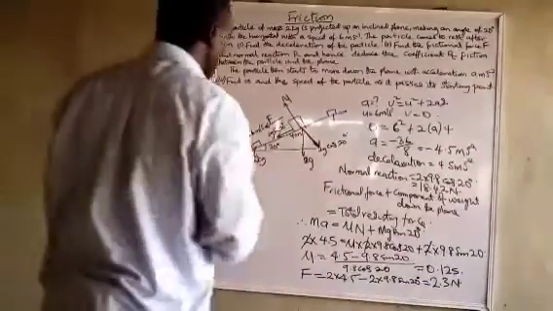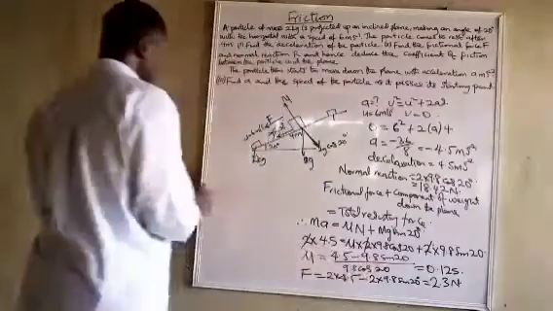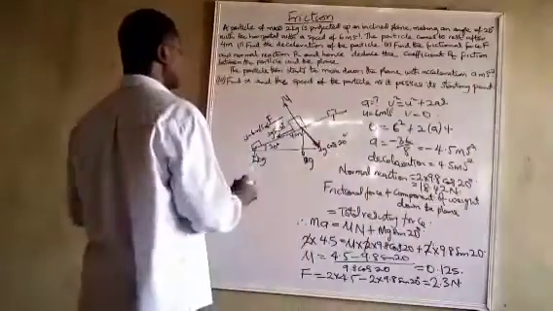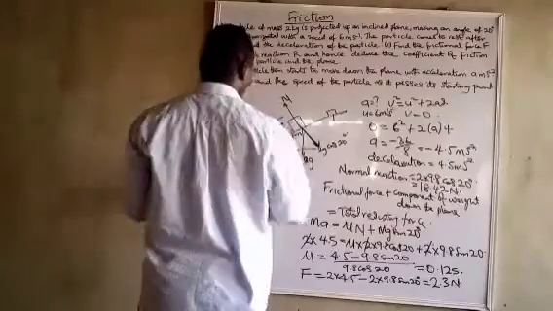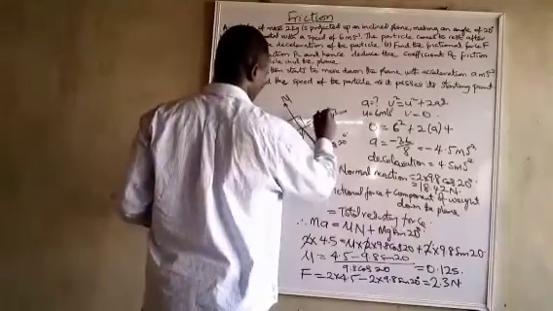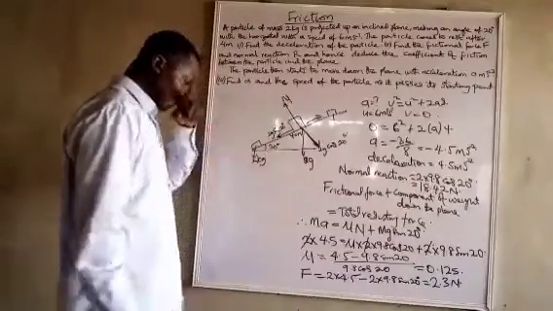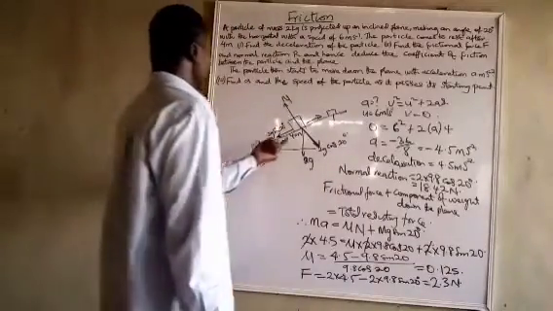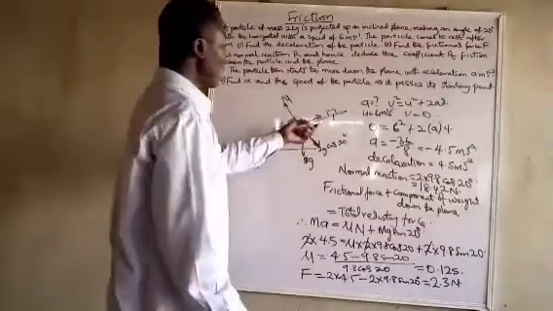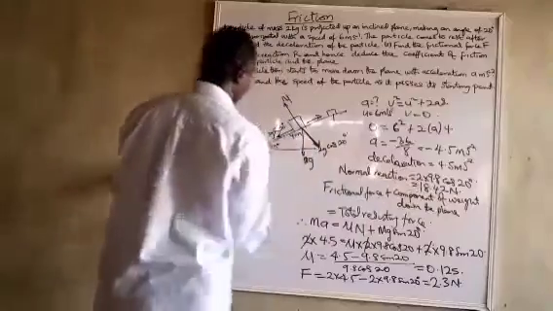We are asked in the second part to find the a and the speed as it moves down. Since we have gotten this now, we can see that the frictional force will go upward in this instance. The frictional force will go upward. 2g sin 20 will act downward. And this will now be the force that will help us to move the body down. Since you have known what N is,